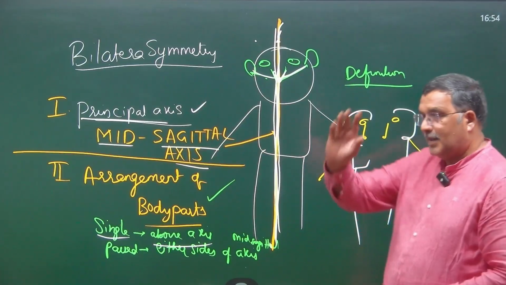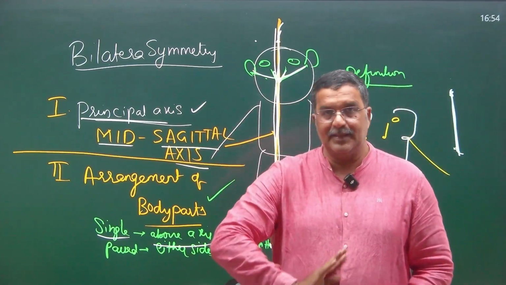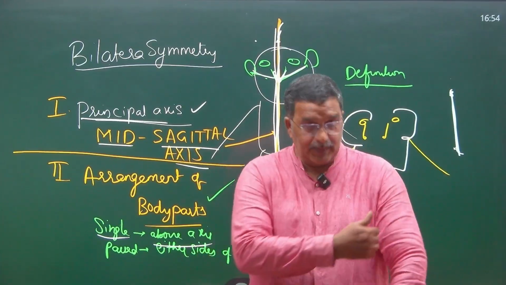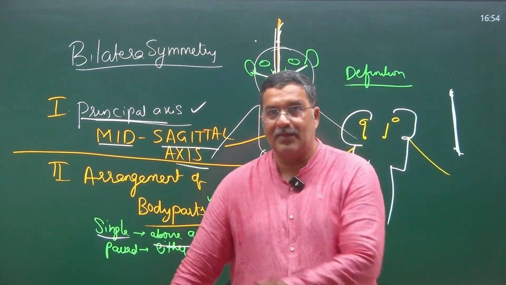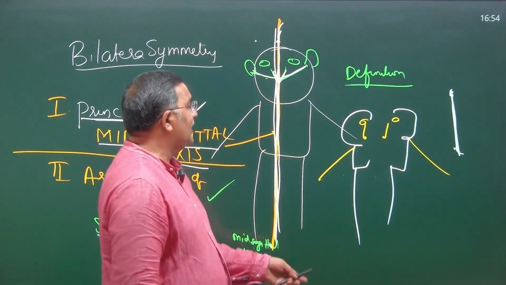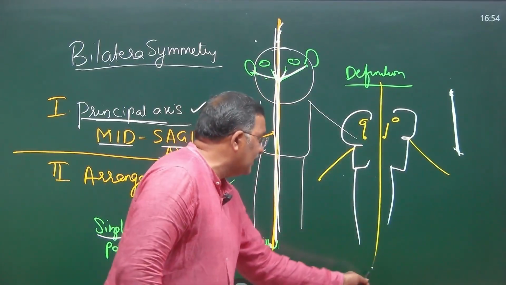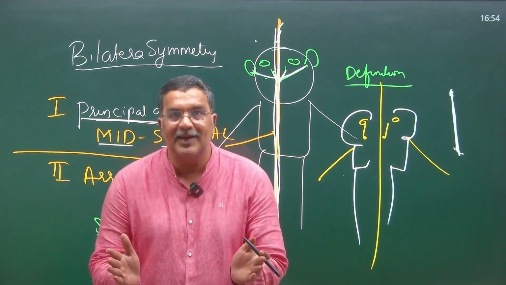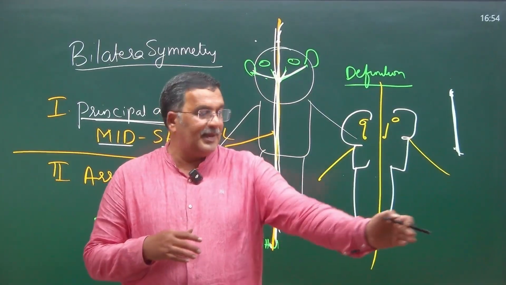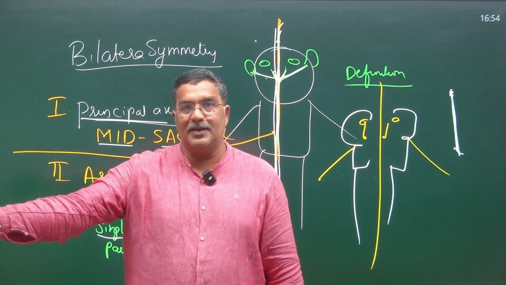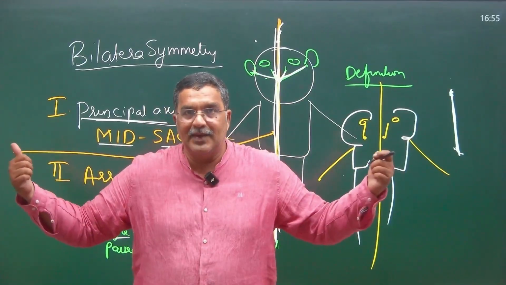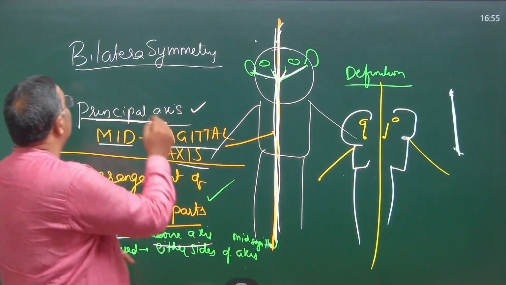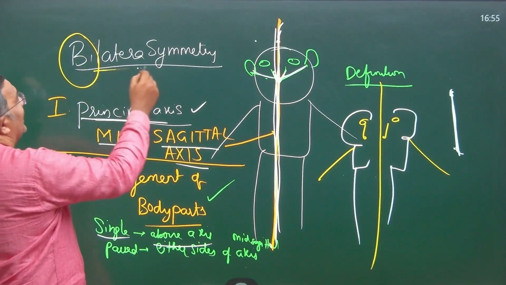Means I am cutting the organism through the mid sagittal axis like this. This is one half and this side one half. When I cut the organism through the mid sagittal axis, we get two equal lateral halves. This is a lateral half, this is another lateral half. So, two equal lateral halves, hence we call the symmetry bilateral